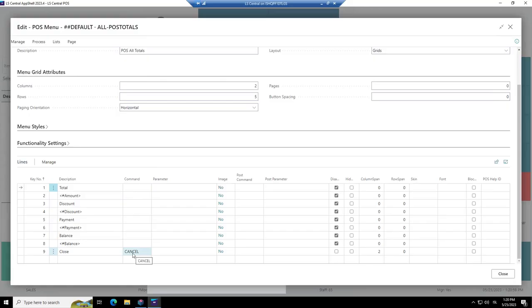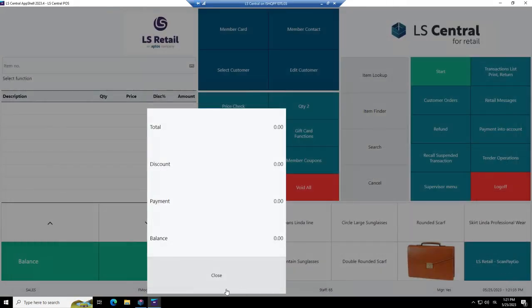The last one is an operation. And you will see that we have some more things for the menu lines. Here you see that all these are disabled. You cannot do anything. If you click, nothing happens. But the close is not disabled because we want to use it. And it spans 2 columns. You see we have 2 columns, 5 rows, so we have actually 10 buttons. But the last button, the 9th button, is spanning 2 columns. Close. And see, it's spanning both of them. That's how we can do it differently.